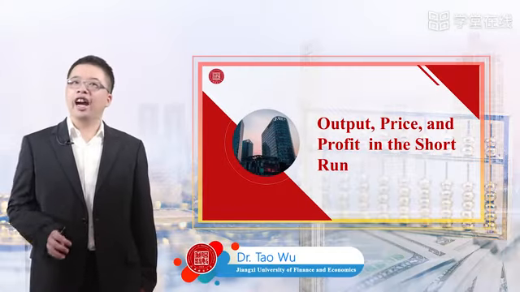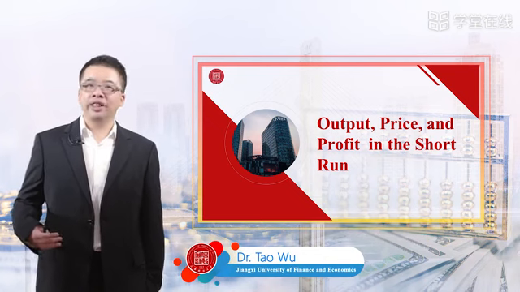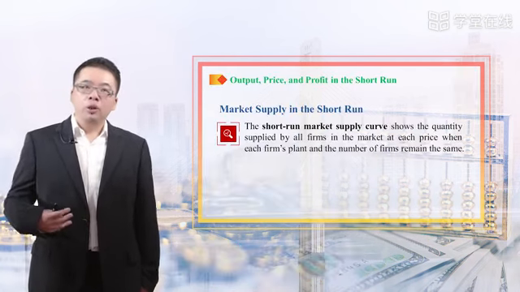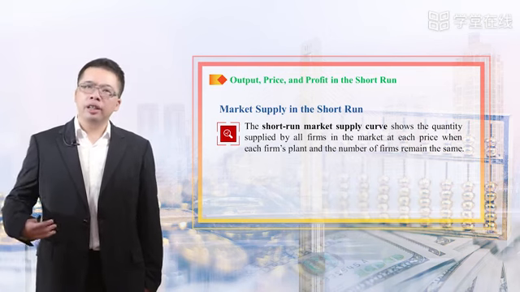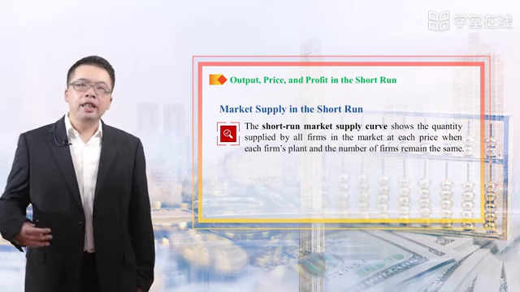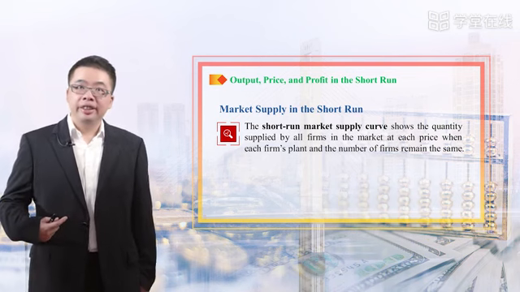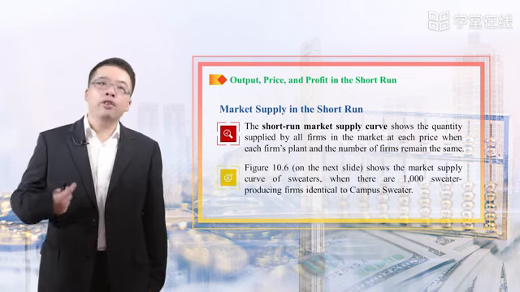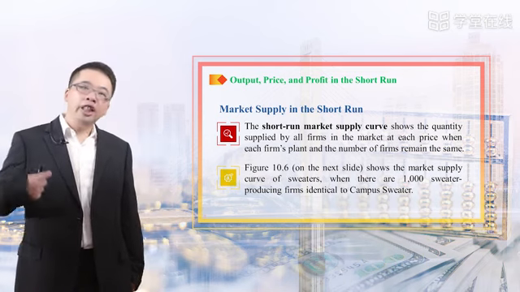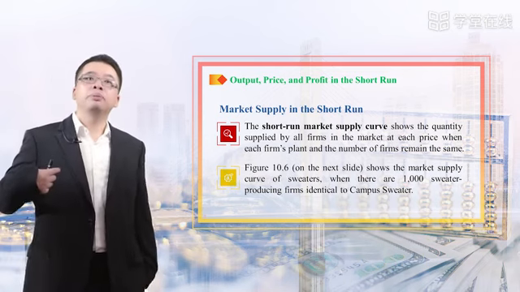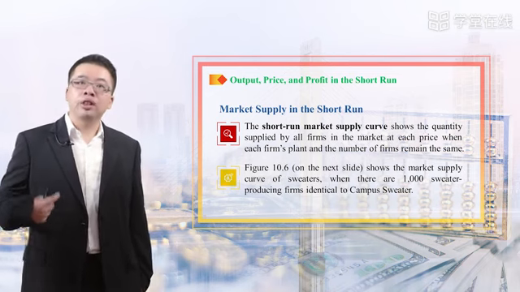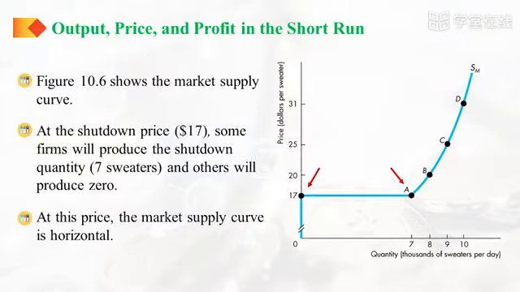Let's continue 10.3, output, price, and profit in the short run. We have known that the short-run supply curve is the AVC curve above the shutdown point. We have shown that in the last section. The quantity supplied by all firms at each price, where each firm's output and the number of firms remain the same. So by knowing this, we can draw